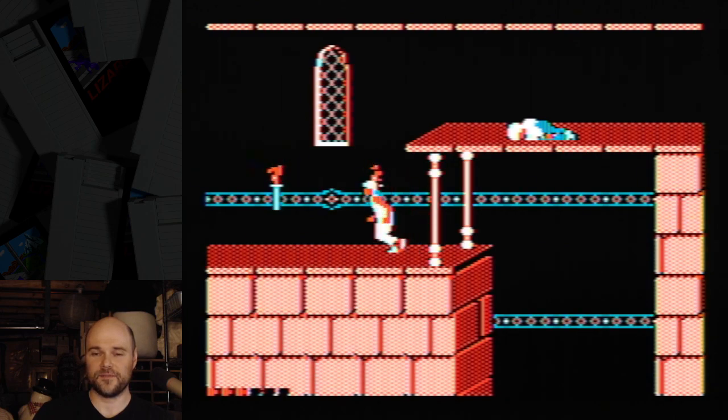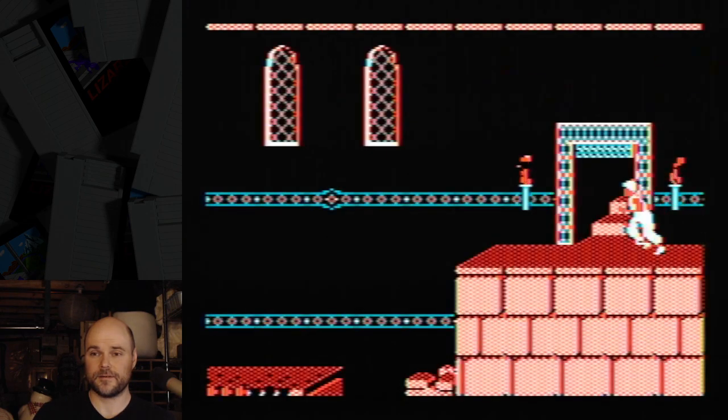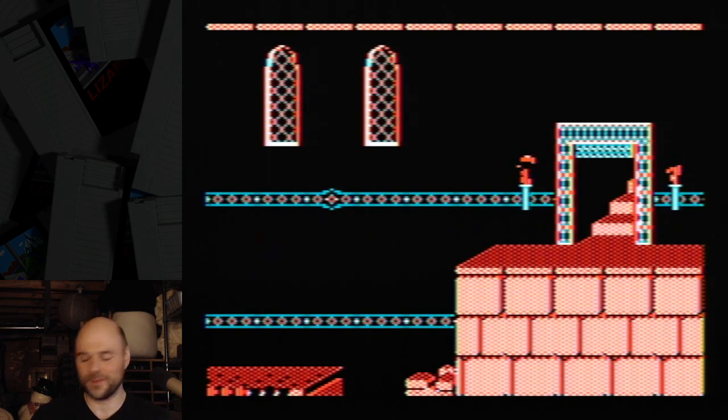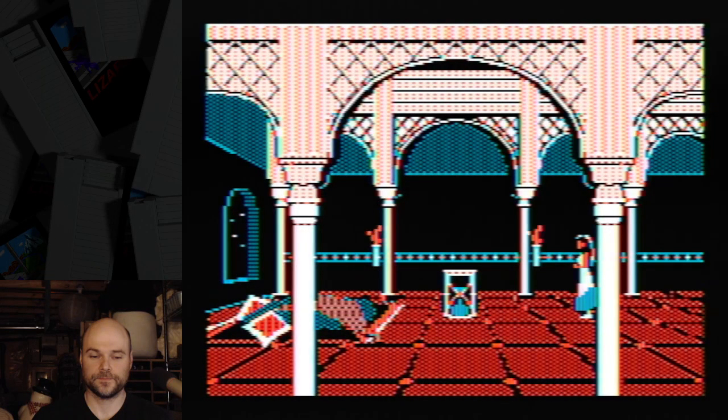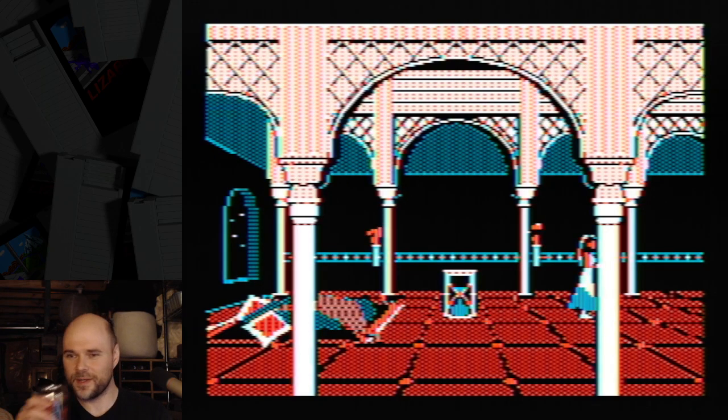I have 5 minutes to do level 12, which I don't really remember that well. I don't have it memorized. If I had it memorized, it's probably doable in 5 minutes, but basically I have to do it flawless. So I think it's going to take another attempt here. But